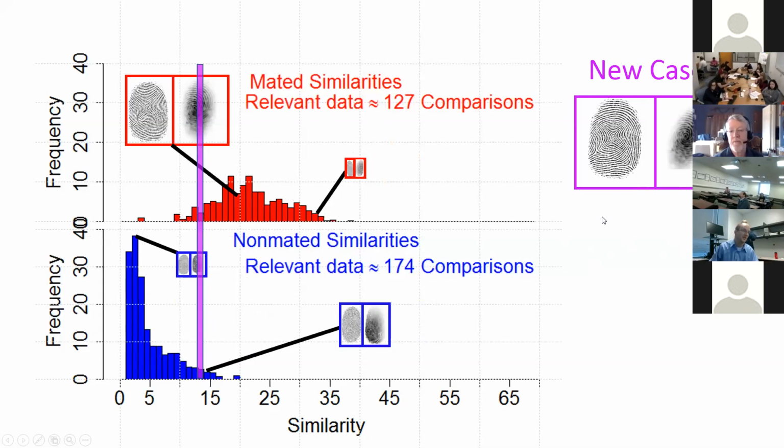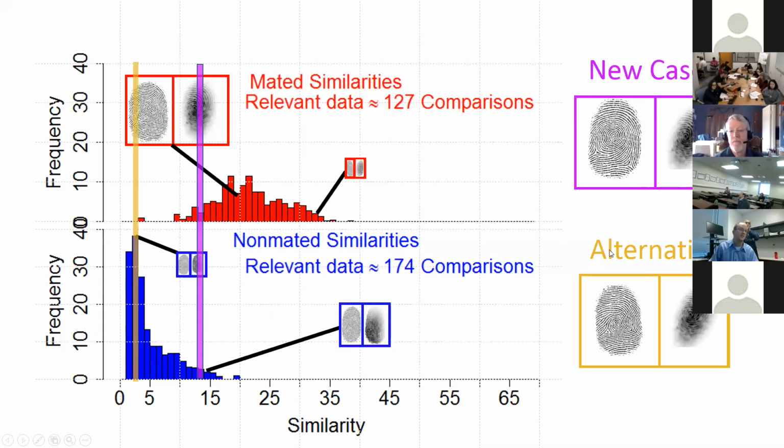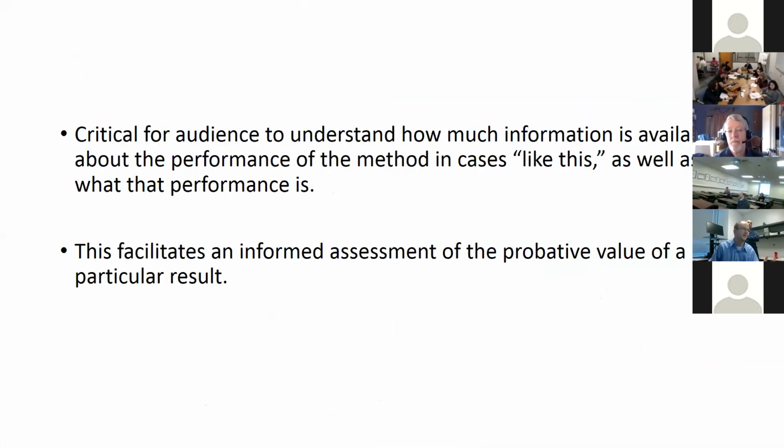But that's not the only information we could have. We could also start considering alternative sources from our database and look at the behavior of scores returned from those as well. And this really starts to portray directly the information available to the expert in this assessment. So like I said, it's just a cartoon as an illustration of where we'd like to try to see further development,